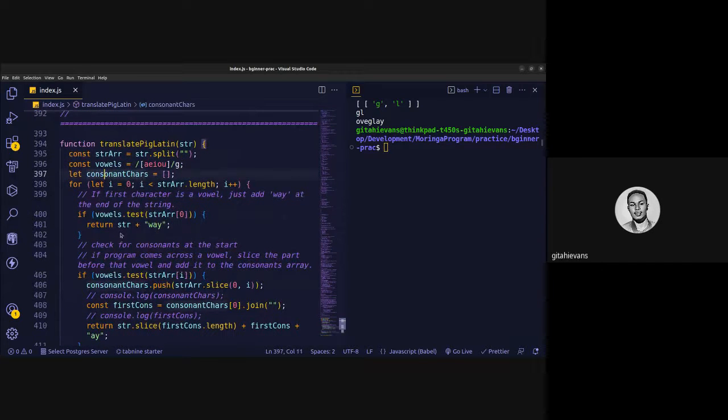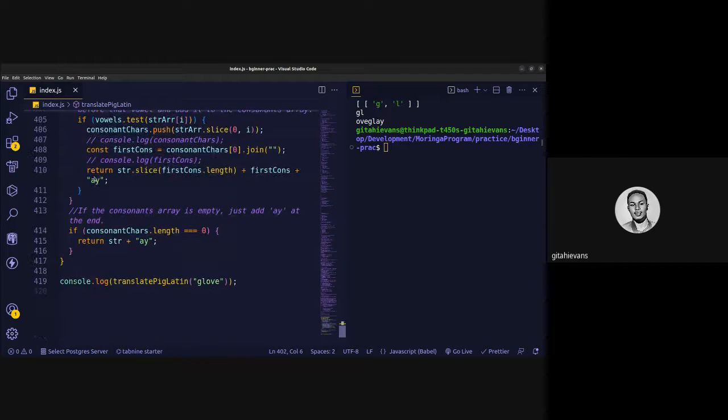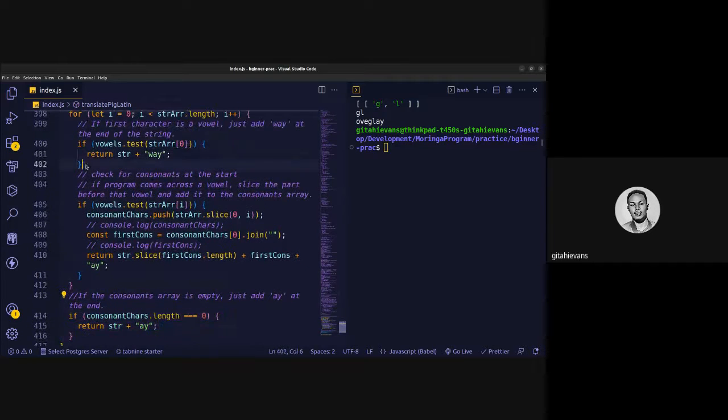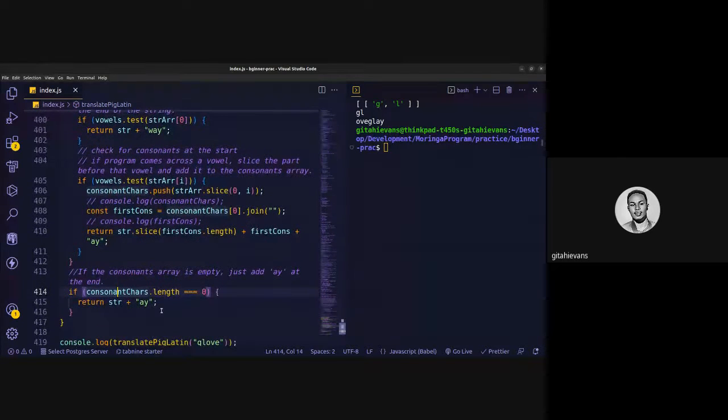Oh, here we did our consonants, then we checked for our consonants here, and here it was checking for vowels. So this one actually was just trial and error to see if it would work. I wanted to check if there were no consonants added to this consonants characters array, then just take that word and add ay at the end. Allow me to share the entire screen so that we can see